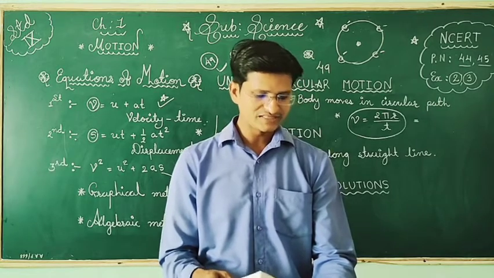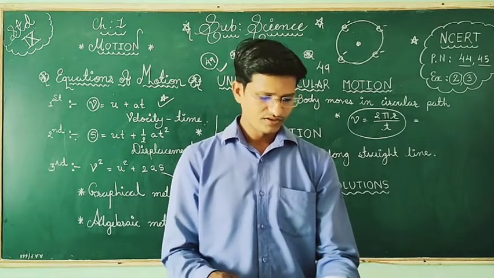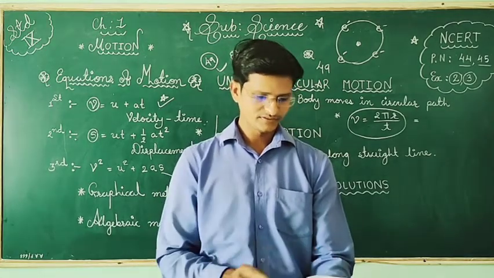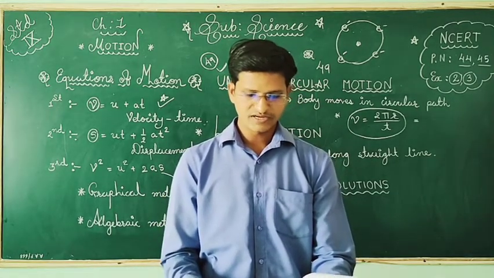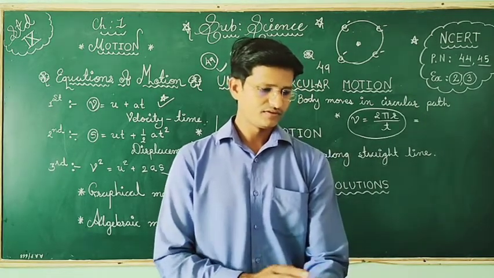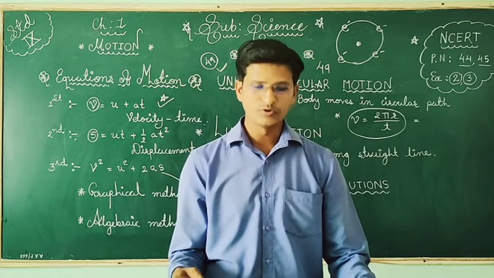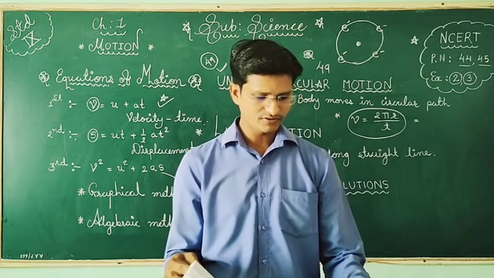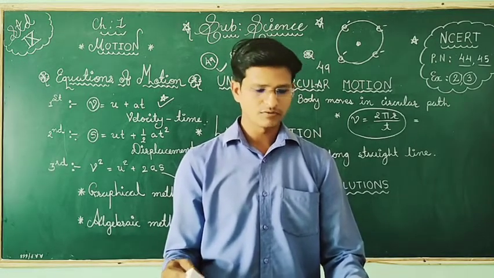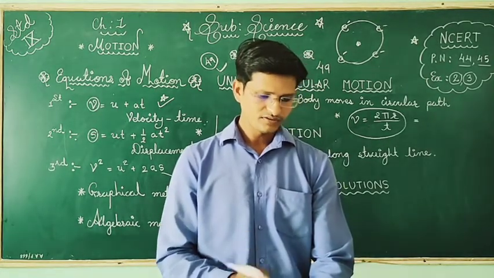Now come to the NCERT exercise, page number 75. Question number 1 we have to write. Then question number 4, page number 77, that we have to write. Question number 1 and question number 4. Then question number 6, graph no need to draw. Here graph is not required, so just leave this question. Question number 6 we are not writing. So in the exercise we have to write only questions 1 and 4,